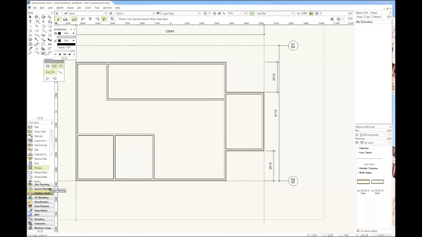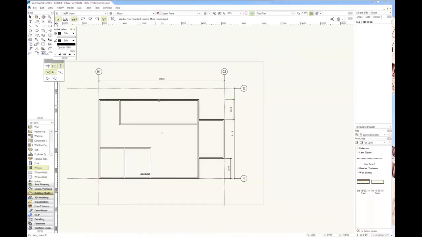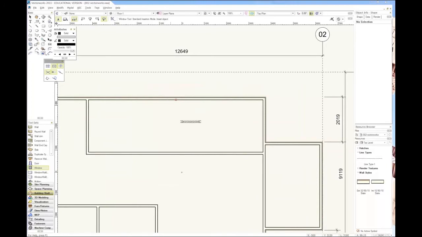But on Mac, you have to hold down on this other tool called Win Door. So you hold down on it, and then it'll come up with a sub menu for window or door. So I'll just hit door, and then window, sorry, and then it comes up with this little guy here. So I'll just whack him into